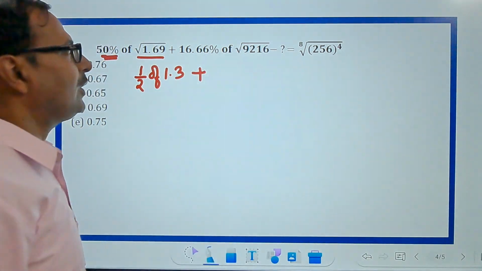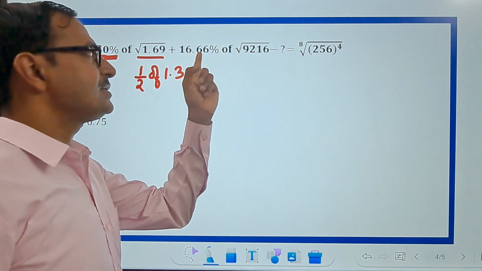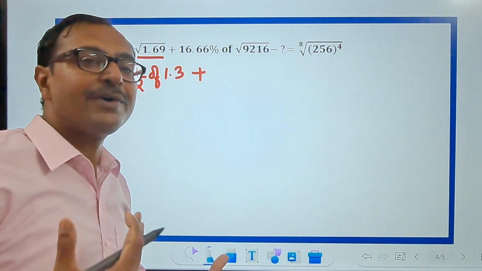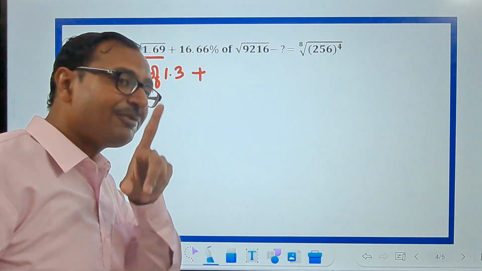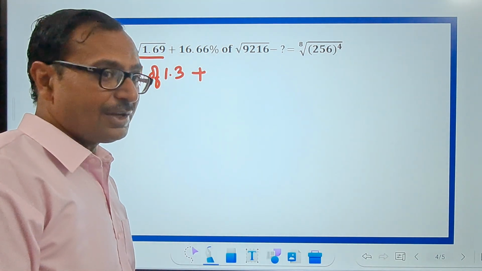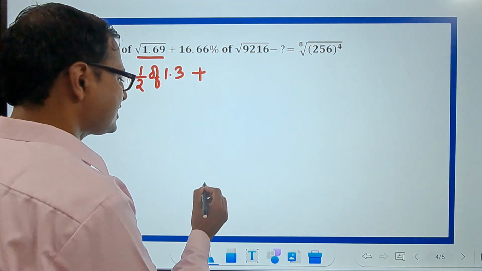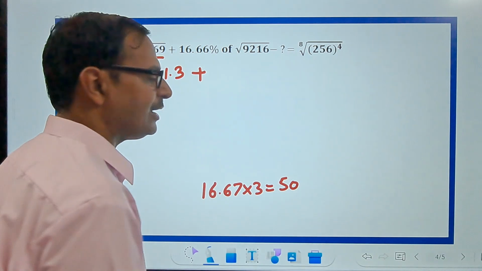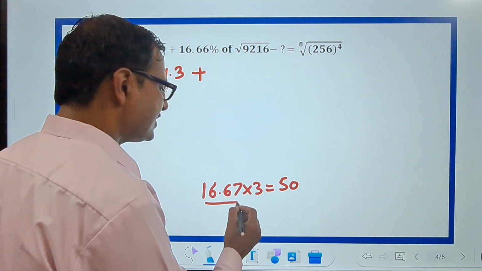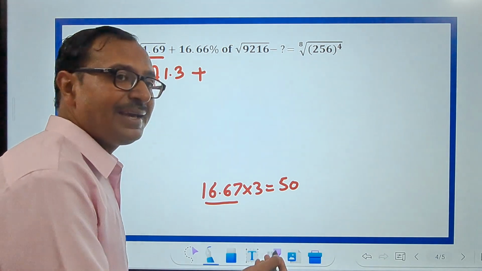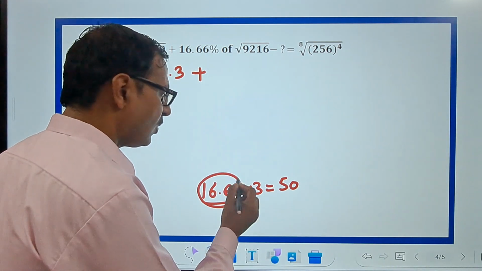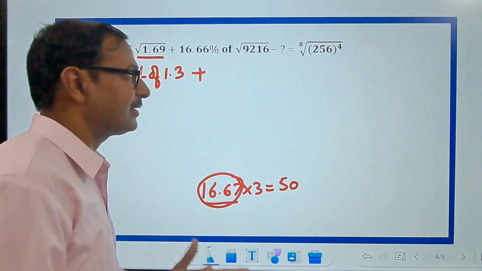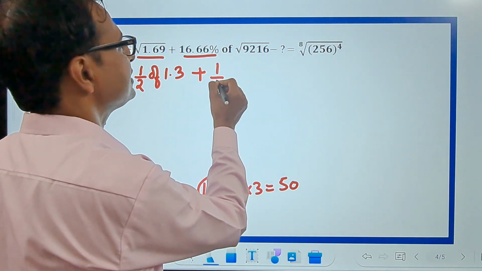Plus. Now I should know what is 16.66% of something. If you know 16.66%, how to convert that into a fraction, then it works. If you don't know that, it is difficult. 16.67 times 3 is approximately 50, and 16.67 times 6 obviously is 100. So this is 1/6, and that's where we need to be smart. If you write 1/6 in place of this, of